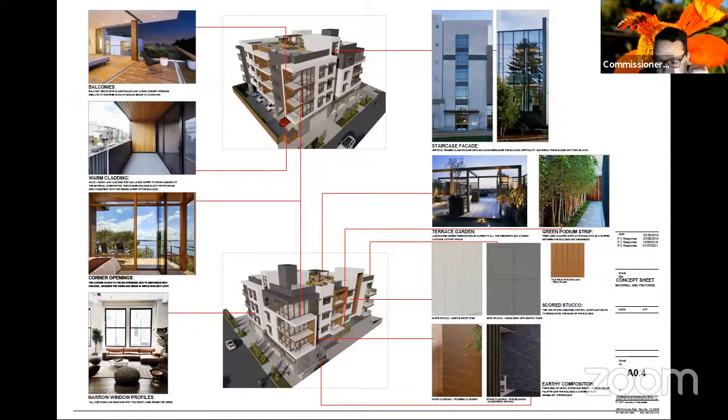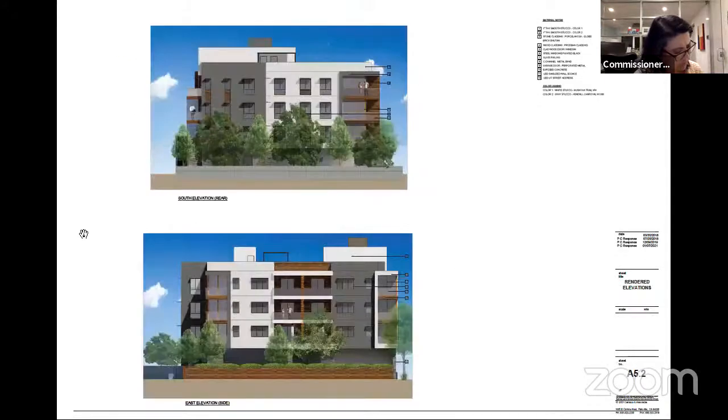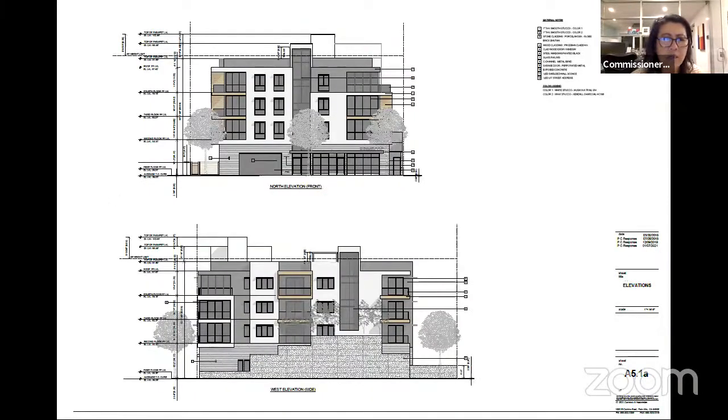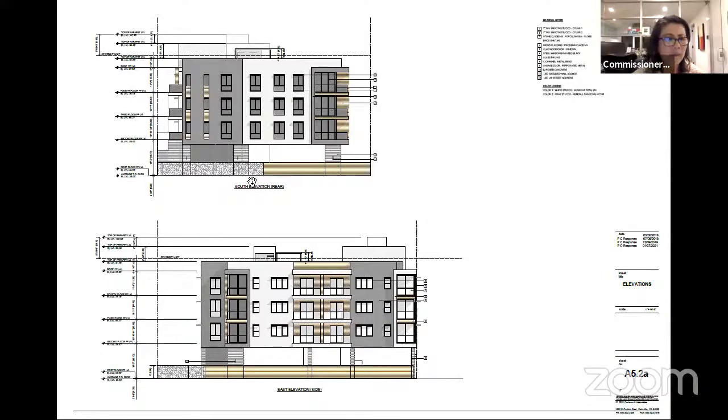Commissioner Say, you have a question? Yes, thank you. I wanted to ask for a clarification on the rear elevation. Is the second stair enclosure showing, or is it not visible from the plan? I think it's supposed to be visible, but I don't see it on this elevation. I might be just reading it wrong, but I wanted to ask. The stair enclosure actually steps back. So after it reaches a certain height past the first floor, it steps back, and that's why you're not seeing it. On the rear? Okay. Yes. All right, thank you.